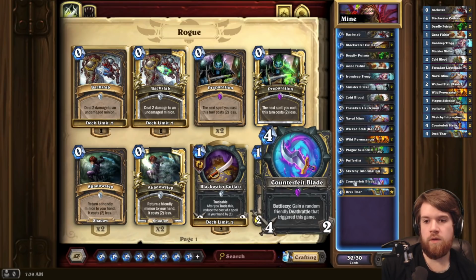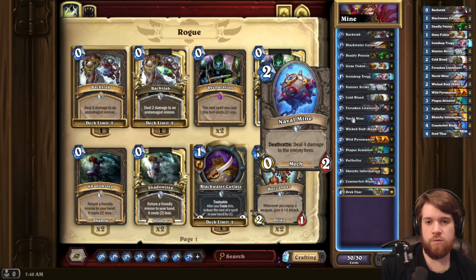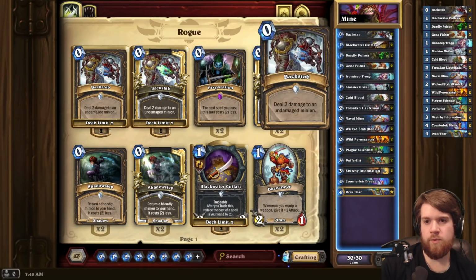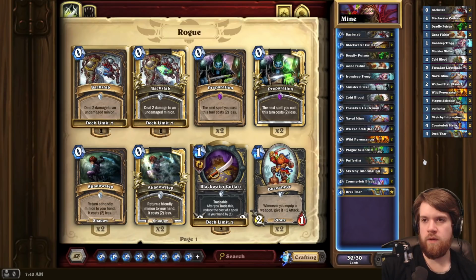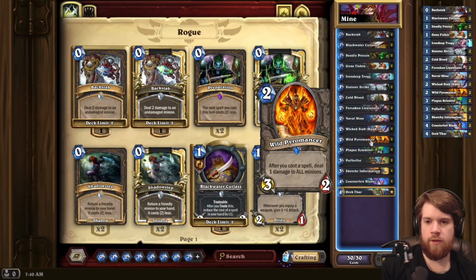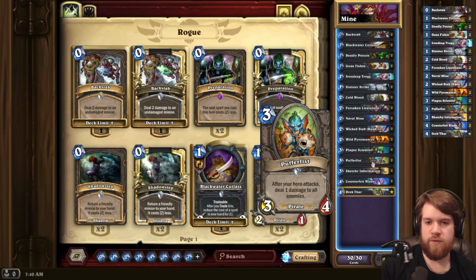Counterfeit Blade with a mine inside of it is 4 mana to deal 12, which is really insane. And then other than that, we just play a lot of damage because we're trying to kill the opponent, because that's what Naval Mine does. Some Cold Bloods to activate them, Sinister Strike, Deadly Poison, you get the idea. I am also playing a bit of an interesting Plague Scientist package. When you combine it with either Wild Pyromancer or the new Puffer Fist, it's basically just a guaranteed board clear,